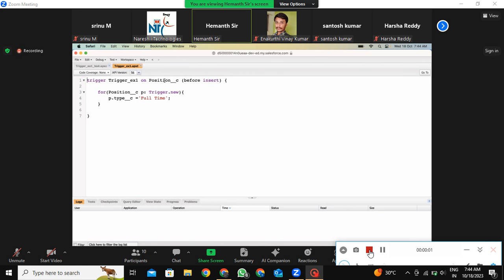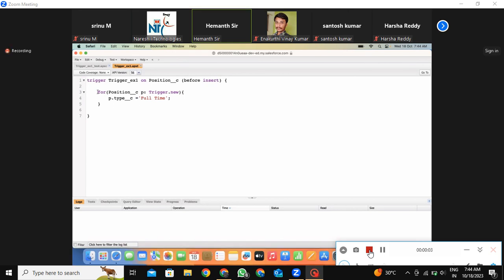Name on object event. Inside this, we have written the for loop. Okay. And we want to update the type. So for this one, I want to write a test class. So generally, after writing the trigger like this,